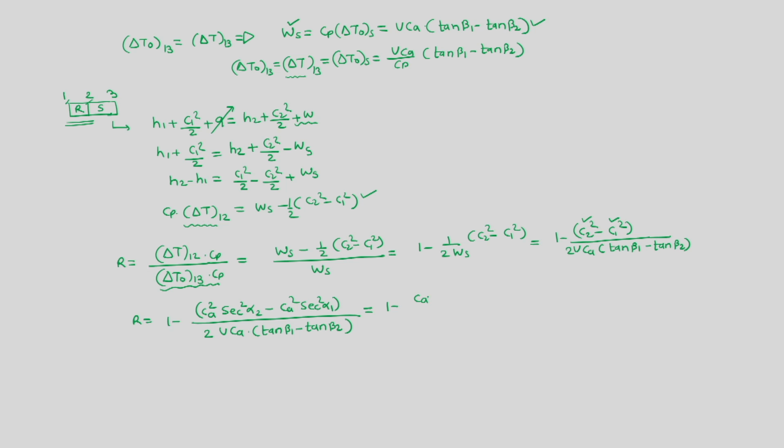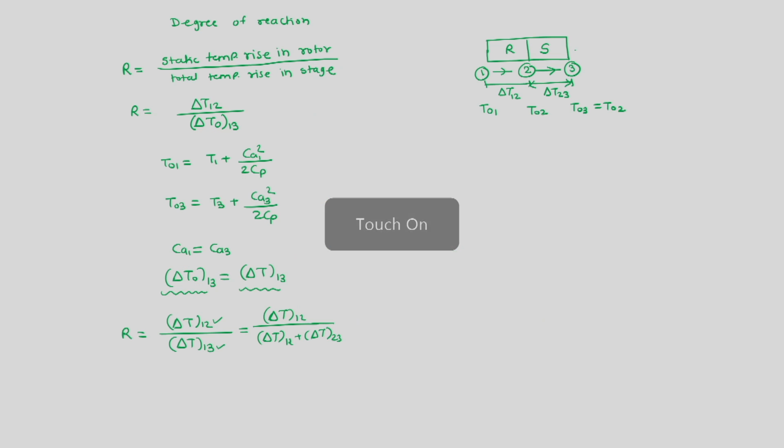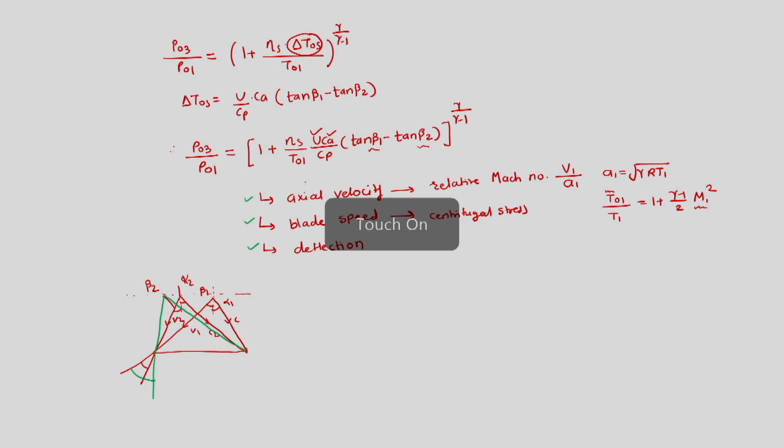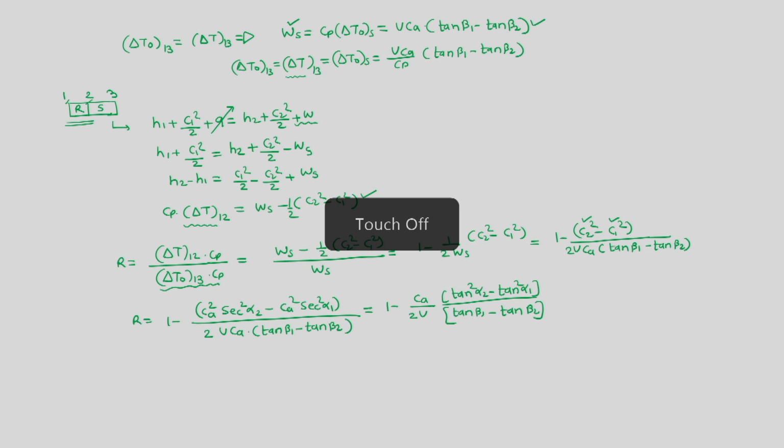We can get it as Ca upon twice U into tan square alpha 2 minus tan square alpha 1 divided by tan beta 1 minus tan beta 2. But in earlier sections, what we had seen from the velocity triangle is that there is a relation which says that tan alpha 1 plus tan beta 1 is equal to tan alpha 2 plus tan beta 2. So, we can write down that relation which says that